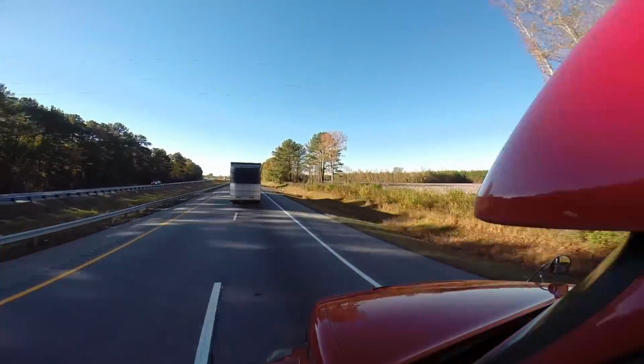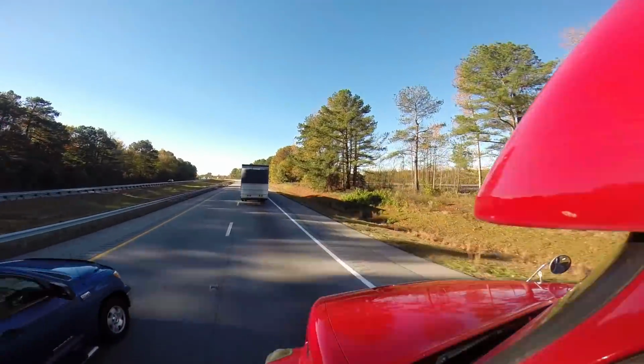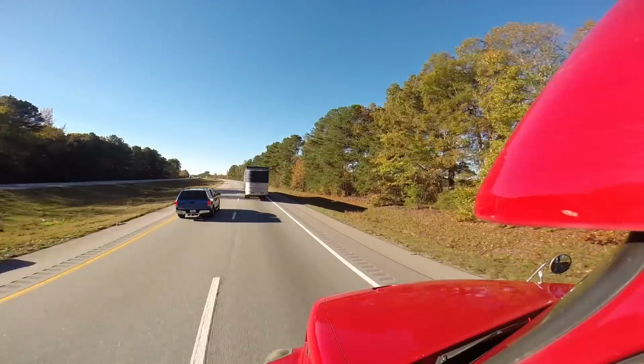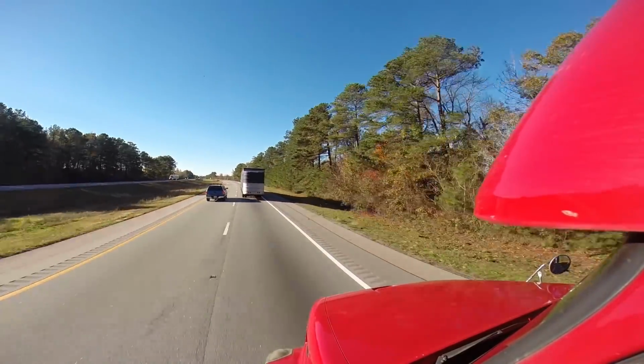Unfortunately, a Volvo probably. I wish I could take it to the Savannah Volvo because I trust that shop. But my load's going further than Savannah, Georgia. So